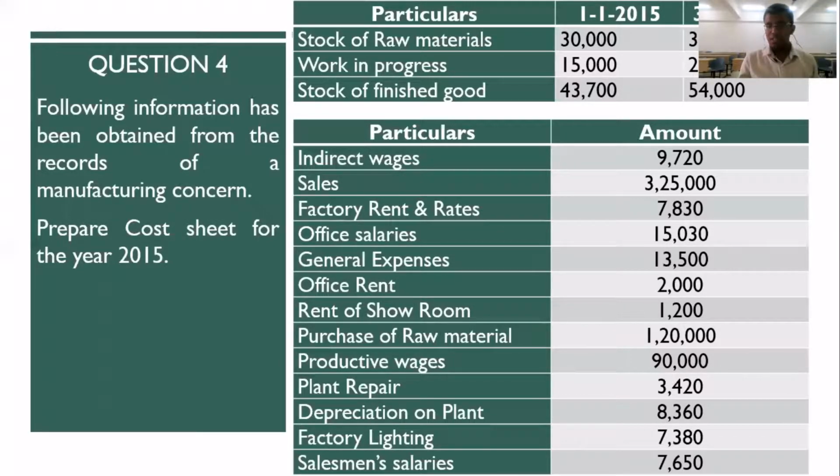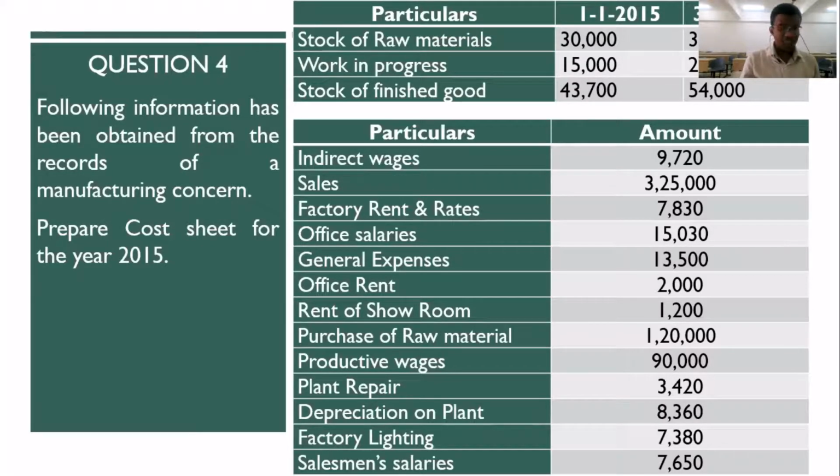Stock of raw material would be a part of your prime cost. Work in progress would be a part of your factory overhead. Finished goods would be a part of your office and administration overhead. It will be a part of the cost of goods sold. So that is where we would be considering these items. Apart from this, let us look at the other items given to us one by one, and we will also discuss which of the overheads each will fall under.